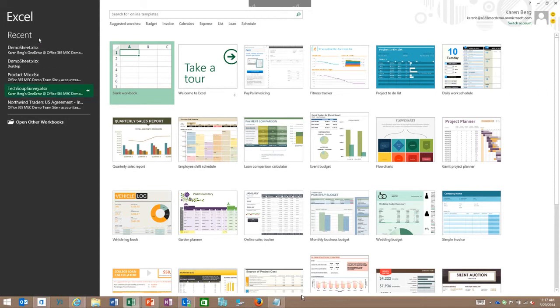So it'll keep a list, and this list will continue to grow and be fully viewed depending on what resolution you have, of course. It could be a fairly long list of things that you've recently opened within Excel. Something else with 2013, just so everybody understands,